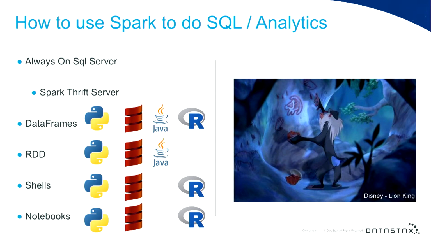And the thrift server basically provides a JDBC endpoint that's backed by Spark. So any sources that Spark can talk to, the Spark thrift server can provide as a JDBC endpoint. So basically, if you connect your Cassandra data to the Spark thrift server, you now have a JDBC endpoint for all of your Cassandra data. So it's a really useful tool if all you really need is an SQL API onto Cassandra data. This works for, of course, all of the BI tools that I mentioned before.